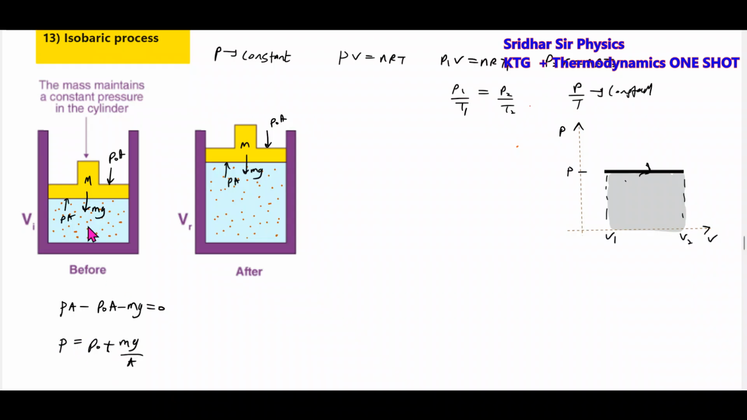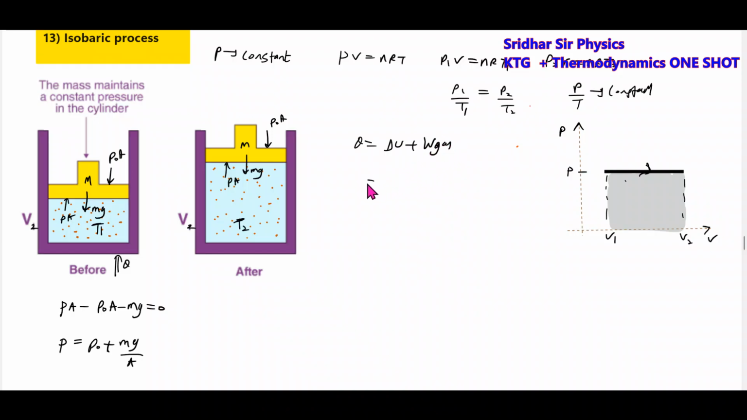P equal to P naught plus mg by A. Initial volume V1, this will be the final volume V2. Temperature T1, T2. Look at the pressure, pressure will be constant. I'll supply heat here. What all we supplied, a part will be used to raise the internal energy, remaining is utilized to do mechanical work by the gas. So here Q equal to delta U plus